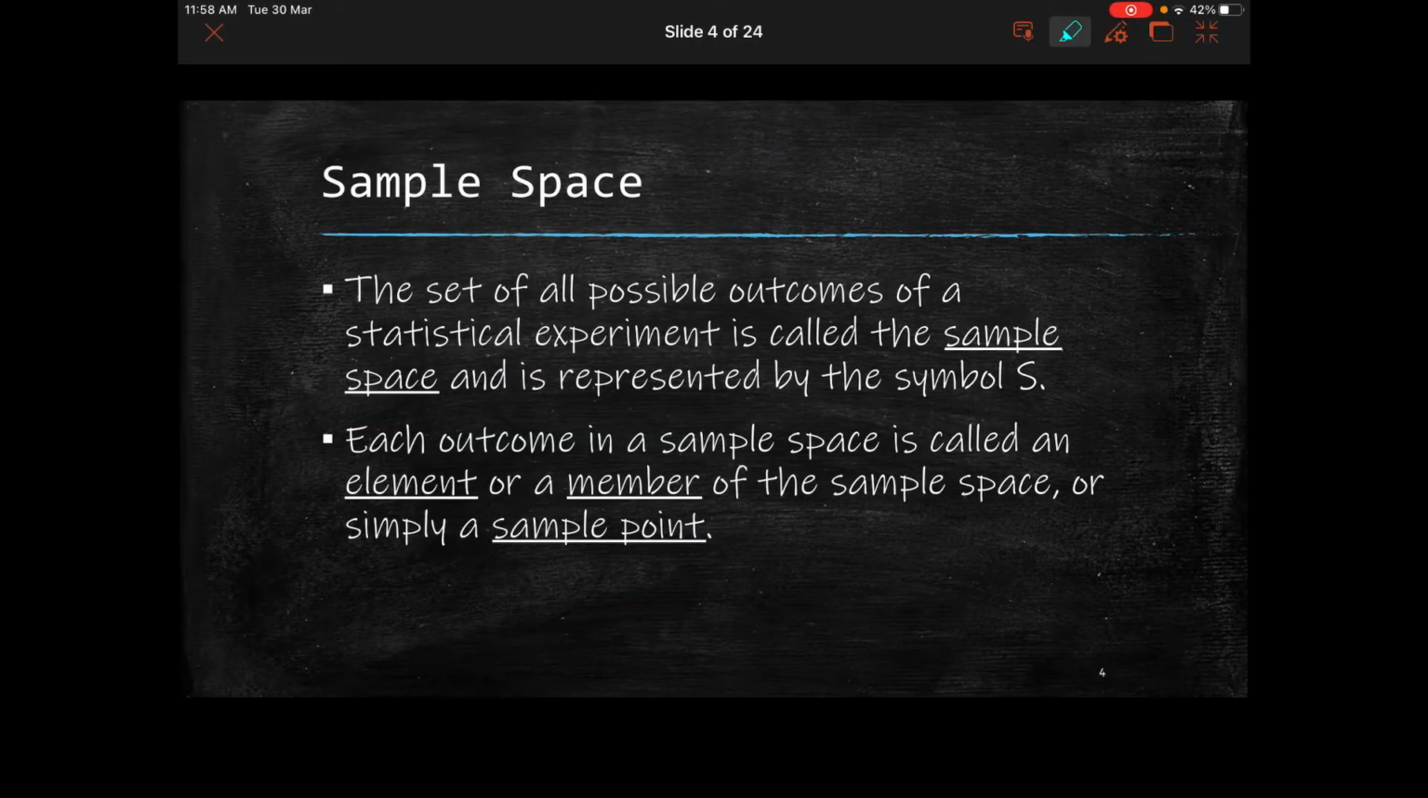Now, before we go over some examples that talk about how to calculate probability, we need to talk about something called sample space. So, what is sample space? The sample space is basically the set of all possible outcomes that can occur. It is denoted by the symbol capital letter S. Each outcome in a sample space is called an element or a member of the sample space, or simply a sample point. For example,